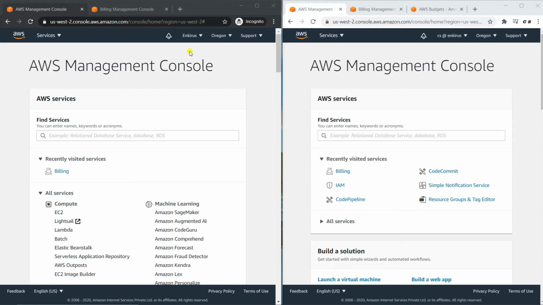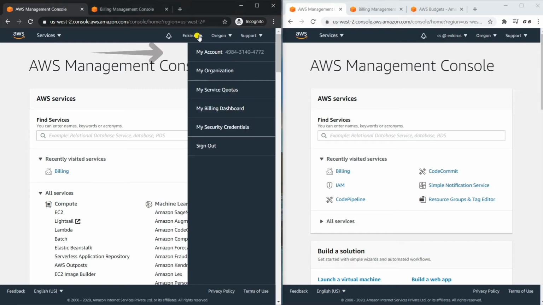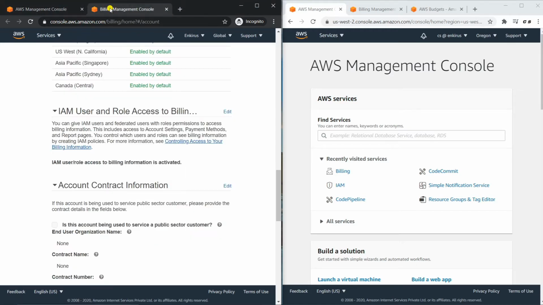So in the root account, you need to enable IAM account billing access, because an IAM account, even if it has admin level permission attached, will not be able to see billing unless the root account allows it. To allow the IAM account to see the billing, you click on My Account. In the next tab, I'll show you what opens up. I'm showing you only a portion here because at the top it shows the billing address and phone number, etc. So to avoid sharing that, I'm only showing a certain portion here.